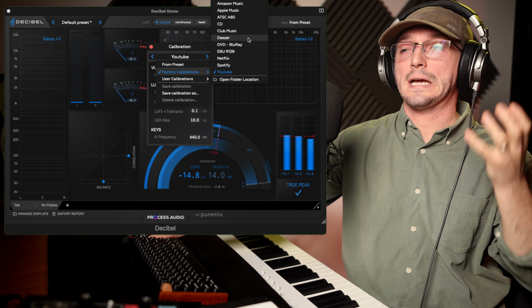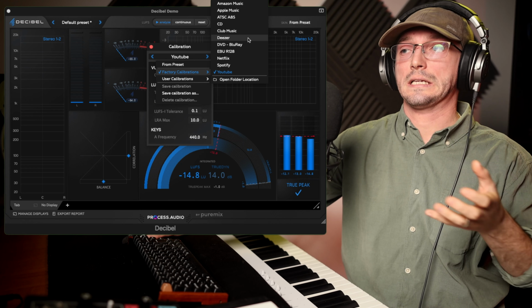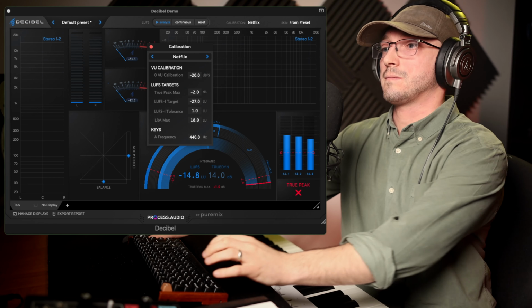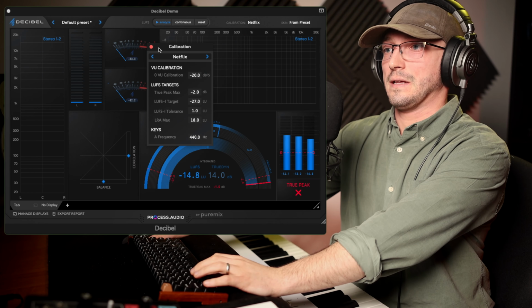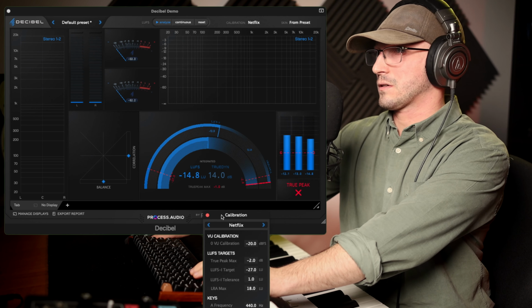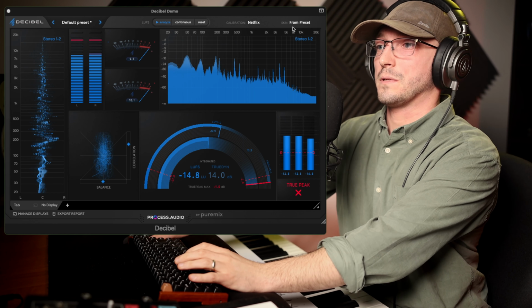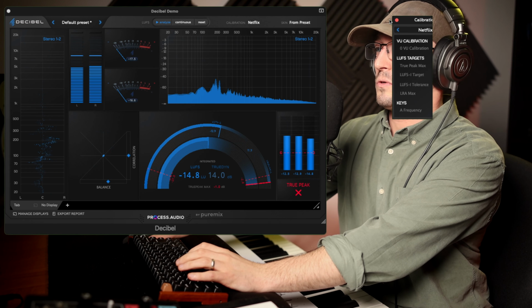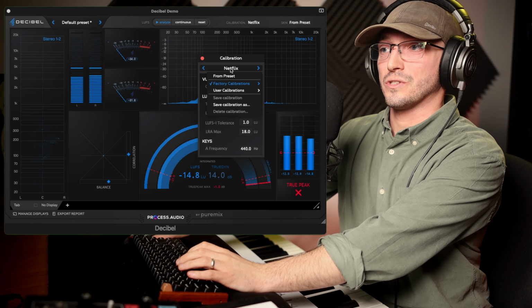This is a really handy tool to shove it through to make sure it ticks the boxes, because I can bet you right now my current track will definitely not hit the box for Netflix. I can almost guarantee that. Let's just play that. Yeah, definitely not. That's because I actually work to YouTube mostly, and so if I put this to YouTube, I